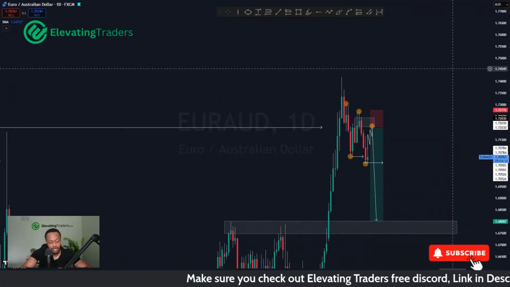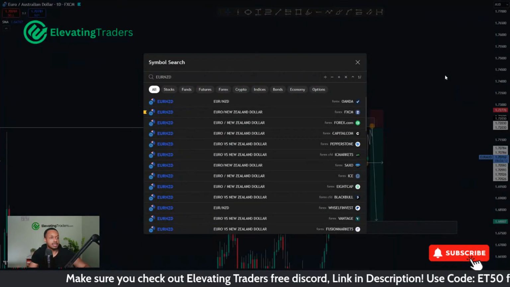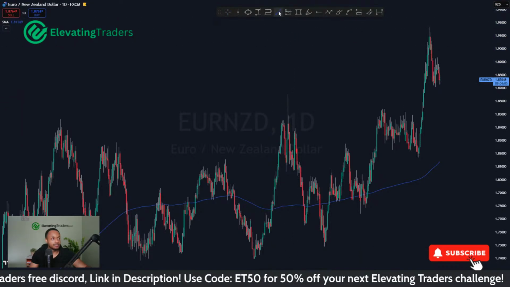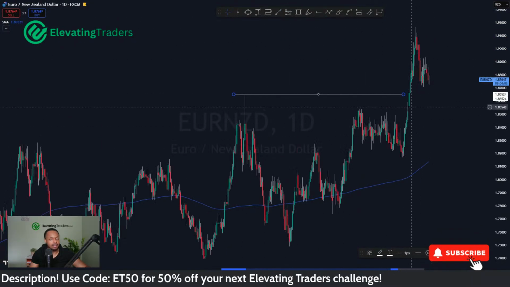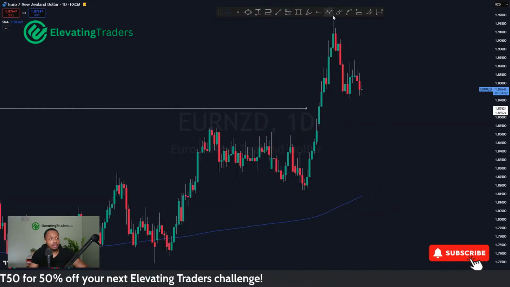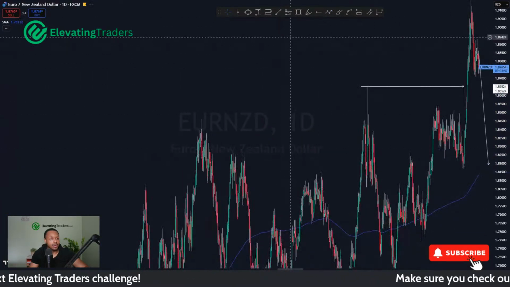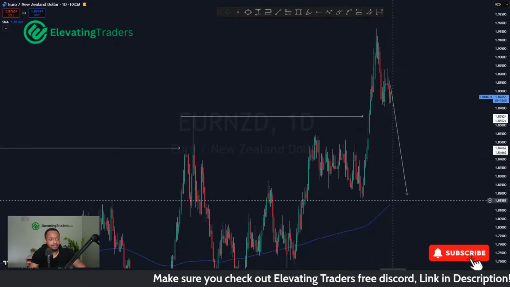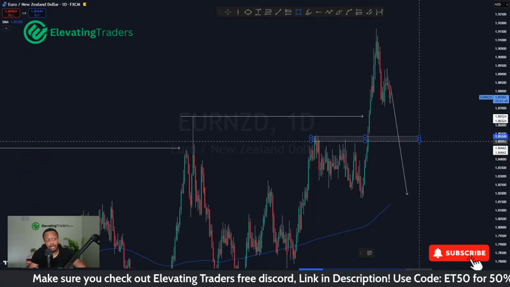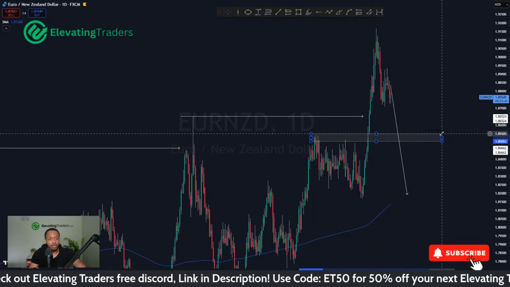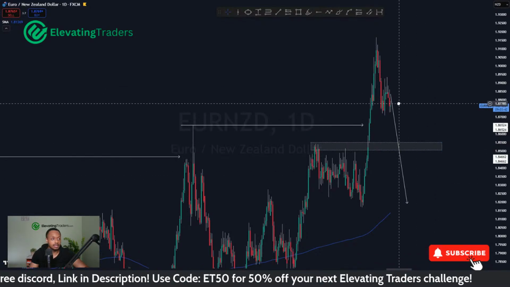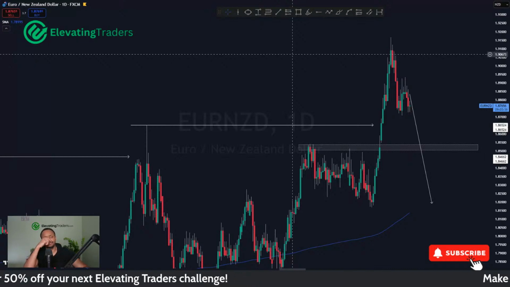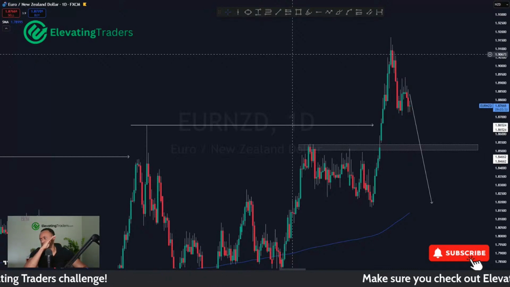I'm looking at kind of similar expectations for a lot of the crosses here. So Euro NZD manipulated through that high there as well. Well, it hasn't really done that yet because it hasn't spiked below it. But I am looking for price to come a lot lower too and push back down, similar to what we had here. Spike through the high, and what do we do? We sell right after. We spike through the high. I do think the market's going to sell as well, and it has been doing so far. So 1.854 is definitely a level I expect price to push into. Yeah, so that's kind of what I'm looking for, those crosses.